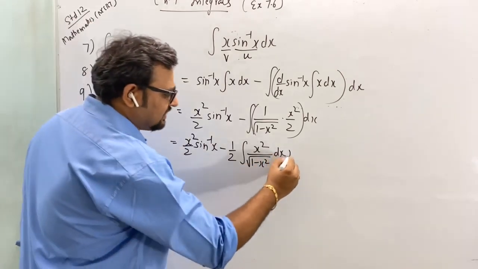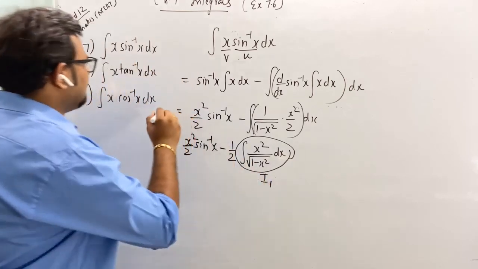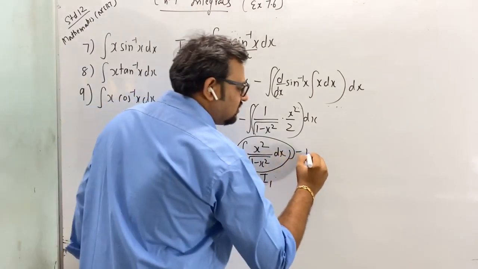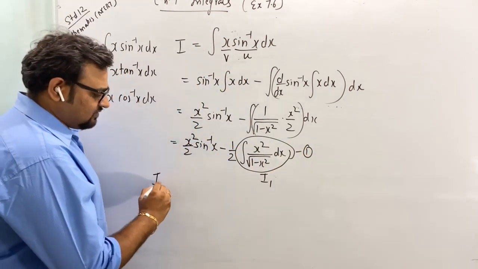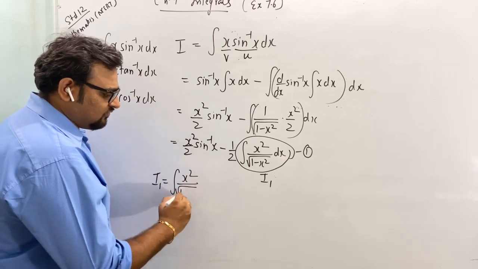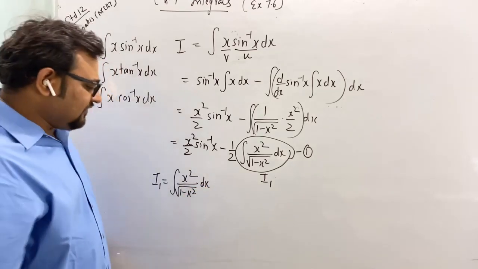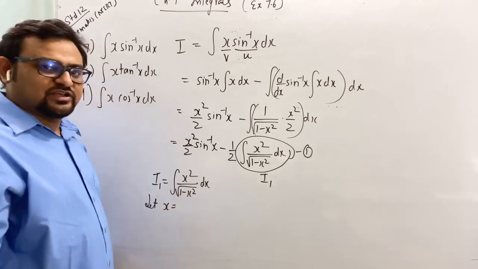So we will take this as I1. I'm taking this as I1. So we just stop here. Now I will solve this separately. I1 is the integration of x square upon root of 1 minus x square dx. What I will do, I will assume x equal to...